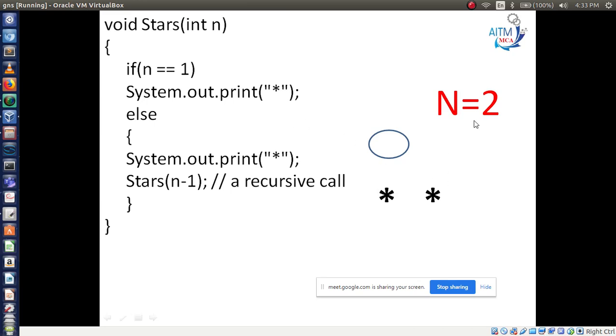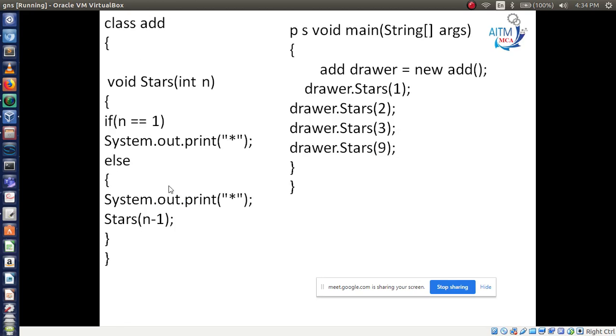When you passed the value 2, you get 2 stars. The second time it is calling the function here only. It is called a recursive function. Calling a function again and again. It will keep calling until it reaches the condition.